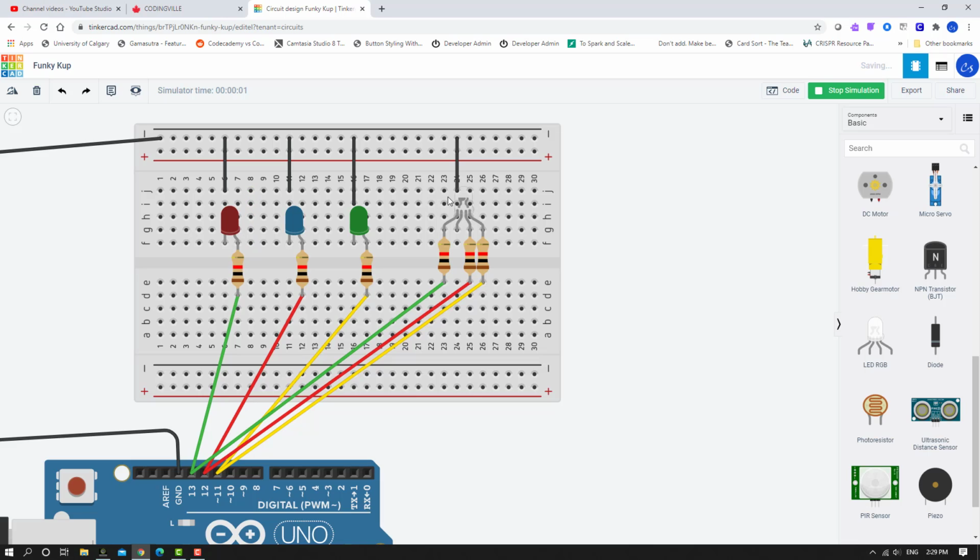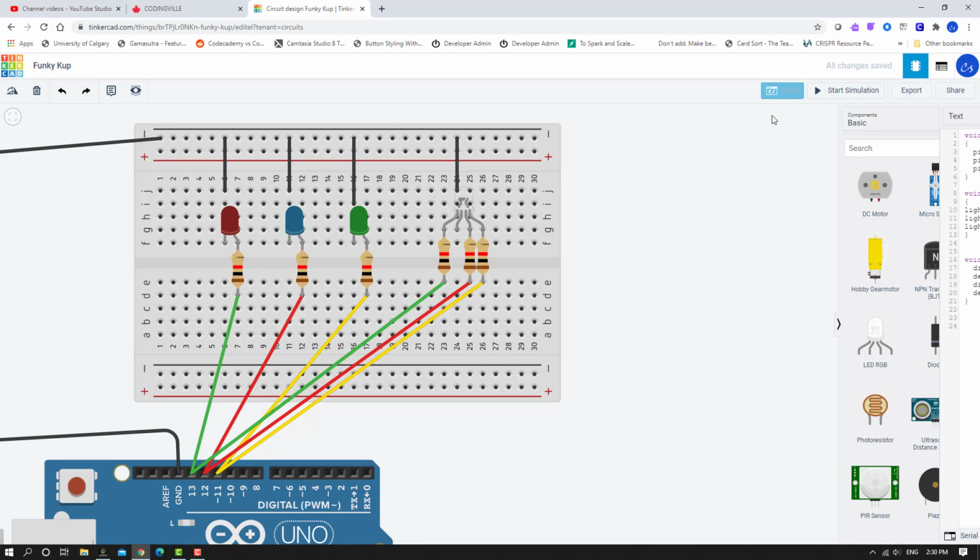So we can see that red happens. We can see that blue is turning on at the same time and green's turning on at the same time. That's pretty cool because we're sending out data on pin 13, 12, and 11, and they're turning on the individual lights or the separate channel of the RGB LED. So that's a pretty cool little feature, a good way to understand what this RGB LED does. But the nice thing about an RGB LED is you can mix the colors, so you can actually get more than these three colors. So let's hit Stop Simulation and think about what has to be done in our code